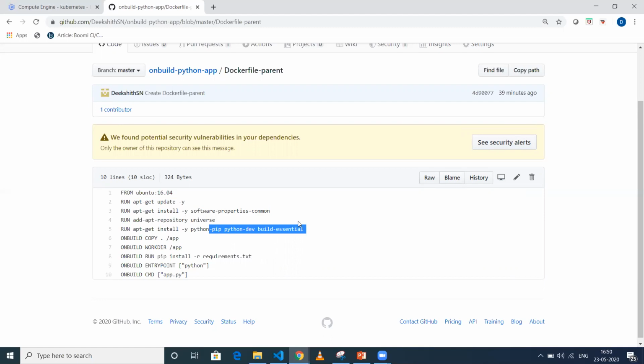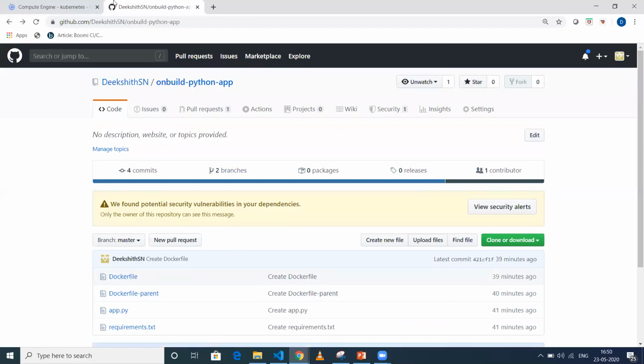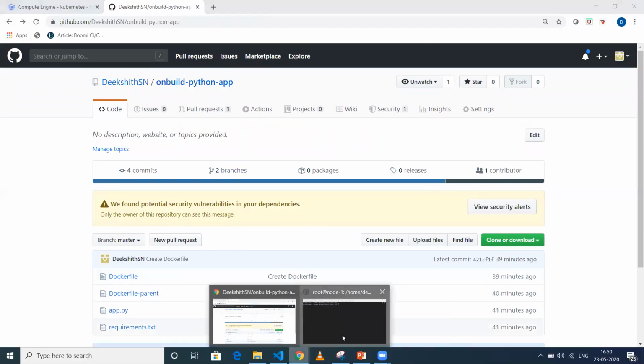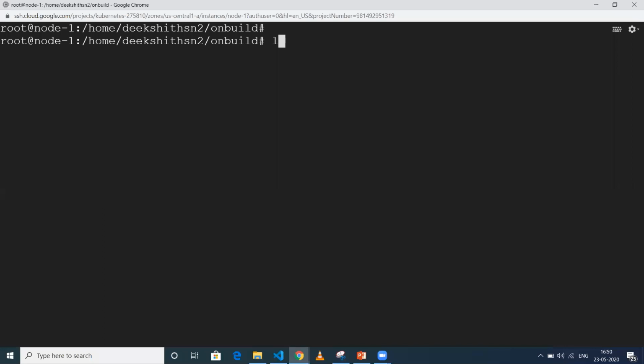If you see here, ONBUILD COPY . /app. When I build this particular Docker file, it doesn't run this. It just creates triggers, right? Whenever I use this image as a base image in other Docker files, only then will these things be executed. I already cloned this repository onto my Docker machine, so let me show that.